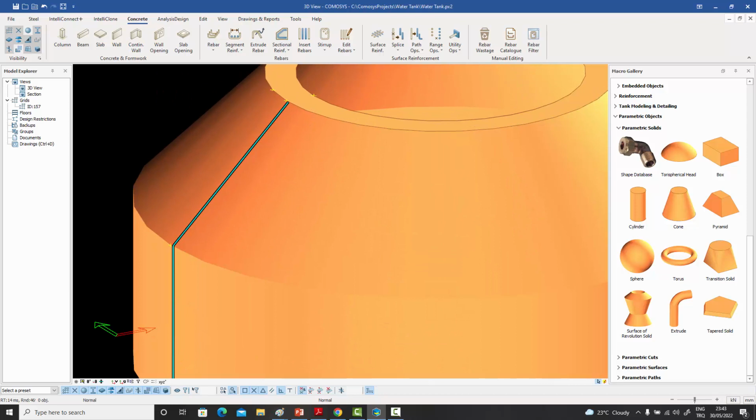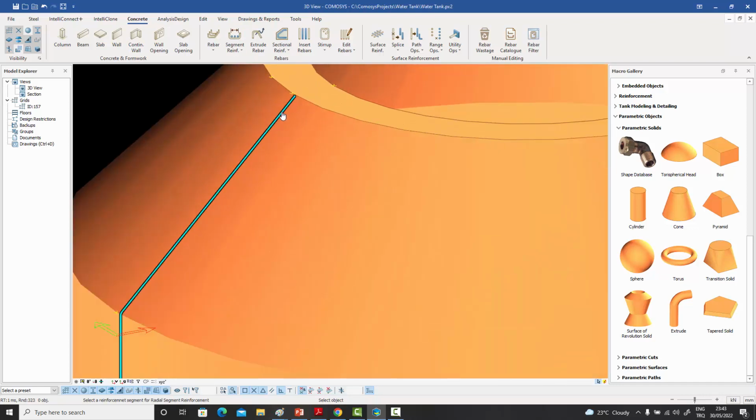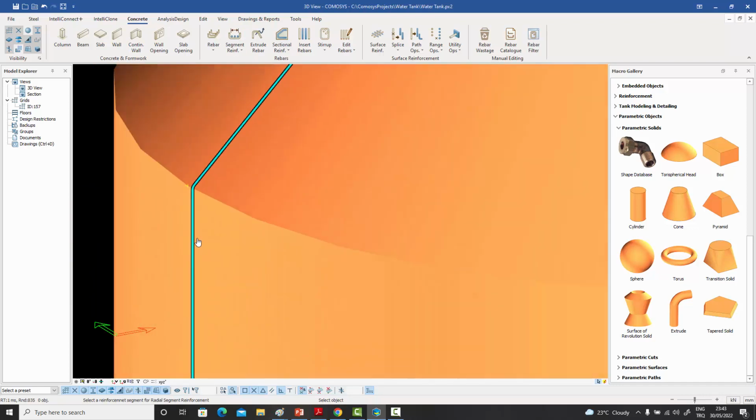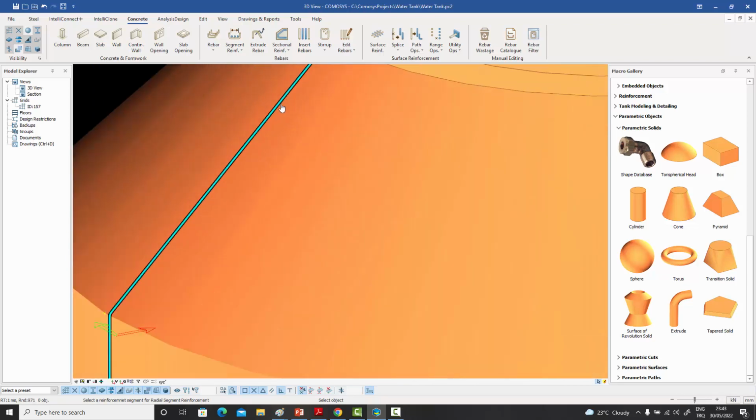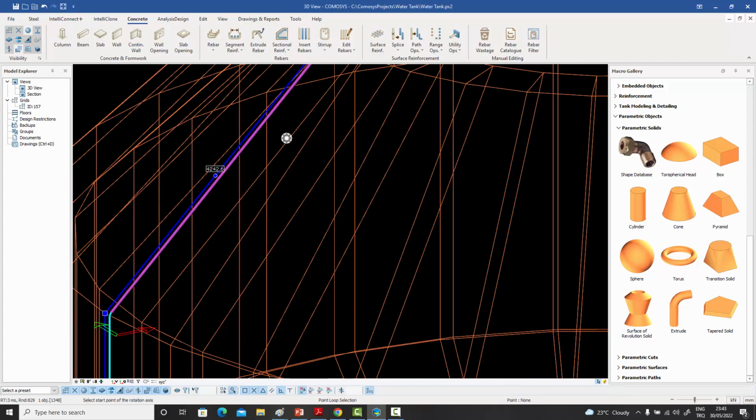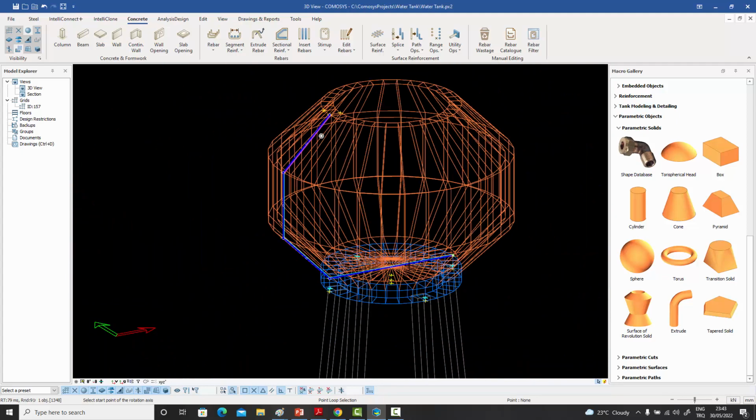To do that, we can use, once again, the segment reinforcement. We had the one which went linearly, but then we also have a segment reinforcement which goes in a radial or circumferential way. If we do that, it asks me to select a segment. I can select this segment, or whatever segment of that bar. So let me select this one, and then it asks me for a start point for the rotation axis. This point needs to be basically the middle of this